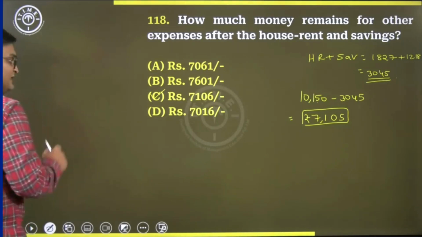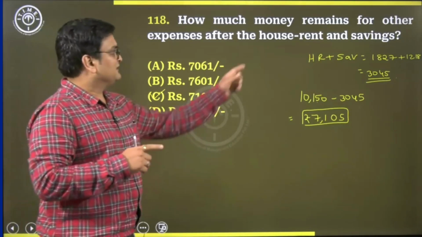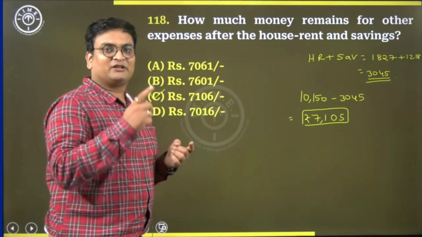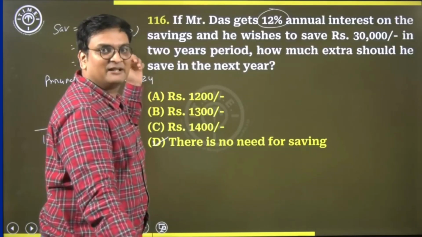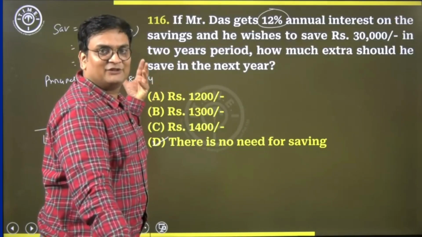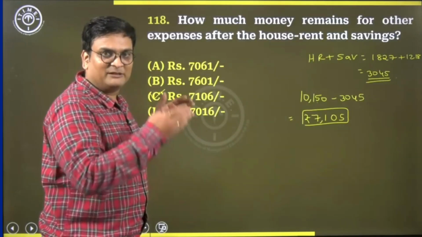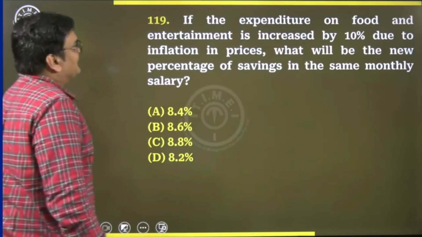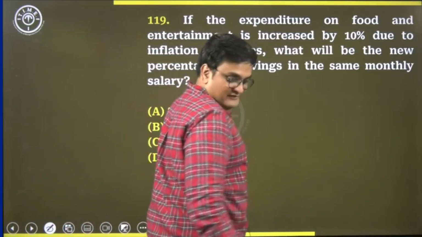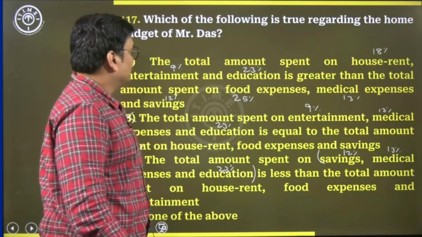And please notice in the exam, how is he giving you the questions? For example, here the questions are asked on house rent and savings, which you have already calculated somewhere in the past. So basically, you are making use of whatever calculations you have performed in the past in your next set of questions. If the expenditure on food, if I recall, no, I don't recall here, food is